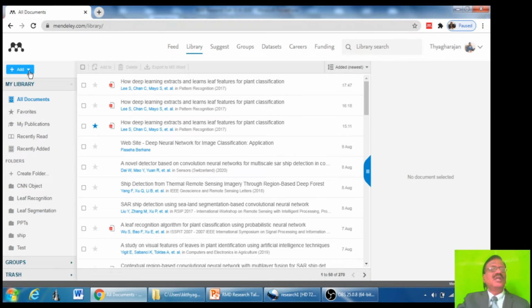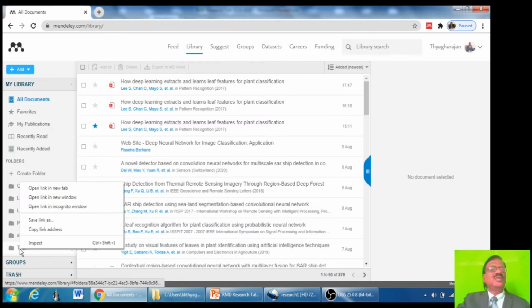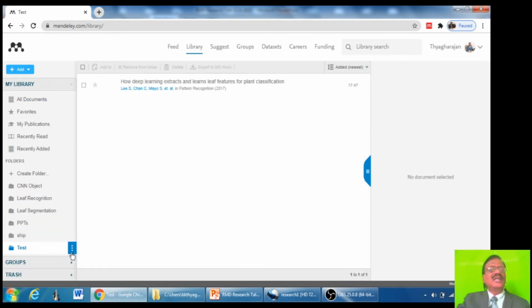So now let us see how to create a folder. Actually, I want to create a folder with the name test. I have already created it, so I want to remove that first. You right click on these 3 dots.